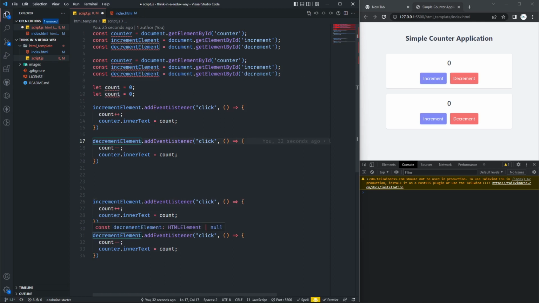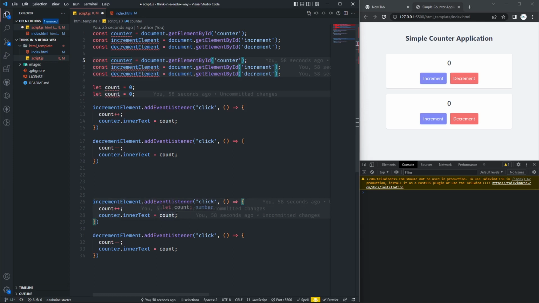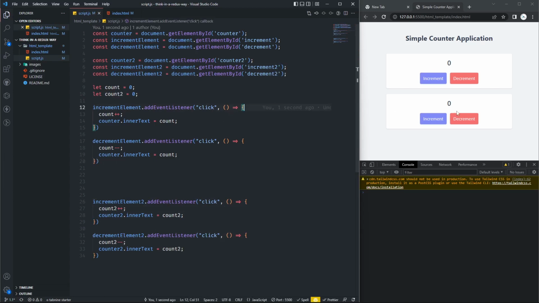And here 2. Done. Now our second application is also working,